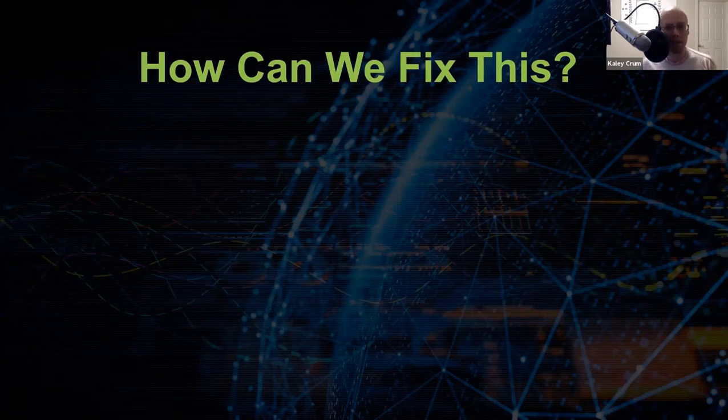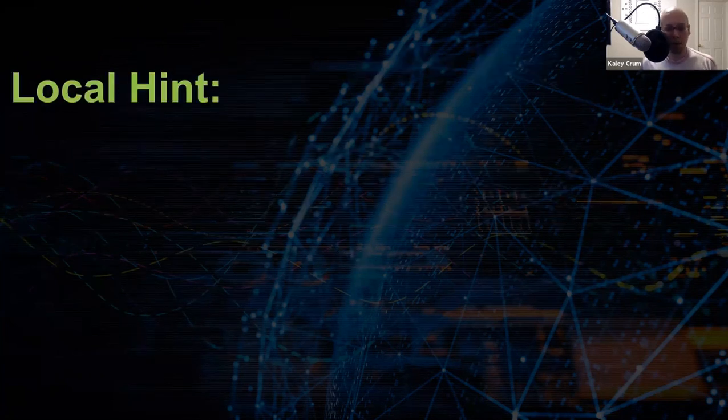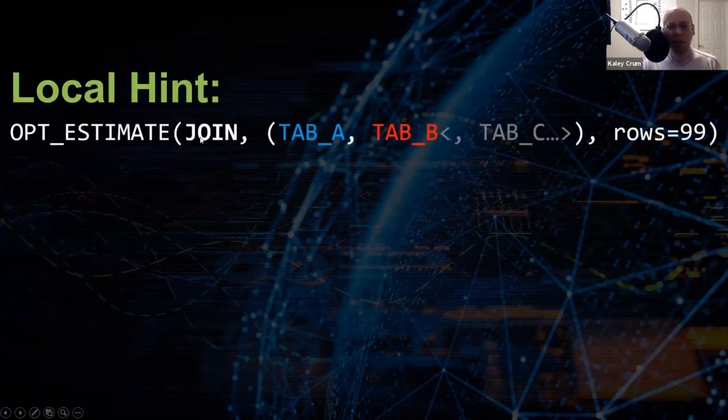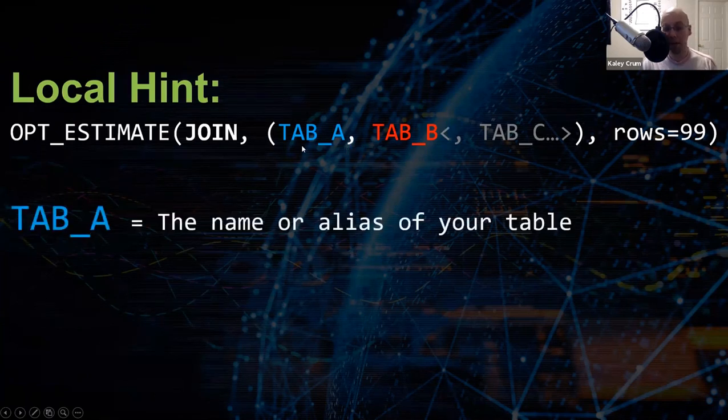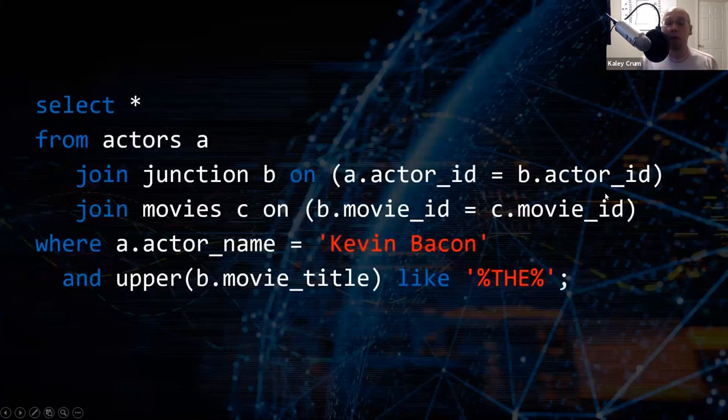So how do we fix this? We fix it with the opt estimate hint. Here's another version that we can play with. We tell Oracle, whenever you join all these tables, you're going to have 99 rows. So table A is going to be the name or the alias of your table. Table B is going to be the name or the alias. You can include as many as you want. Table A, table B, table C, table D, table E, etc. And whenever you do this,